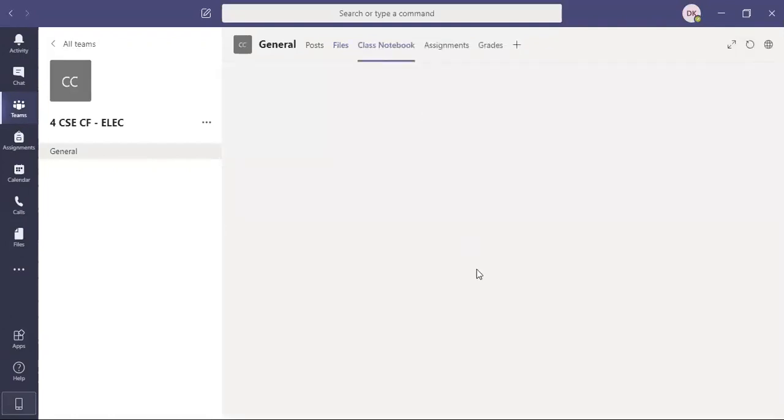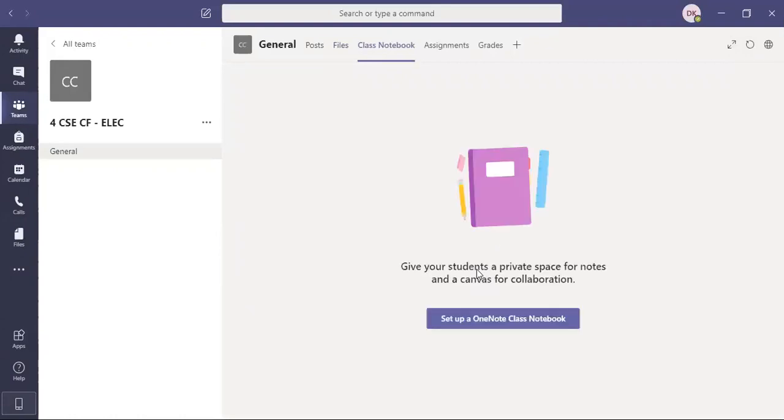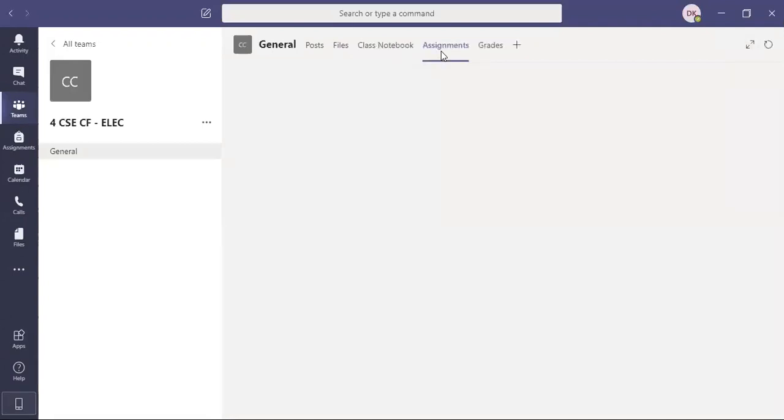Next one, class notebook. Class notebook is an option where, suppose you are going to write down something on the board and save that particular thing, then you can use this. And assignments, this is very advantageous for the faculty also, to see who has given the assignment, who has not answered, who has seen the question paper and not answered; that list also will come. Suppose you upload an assignment, you can see who has seen that question paper. Some people say that I have not received the question paper, I have not seen the question paper.